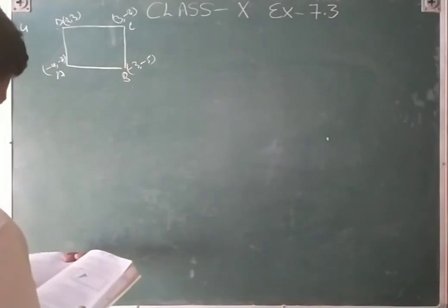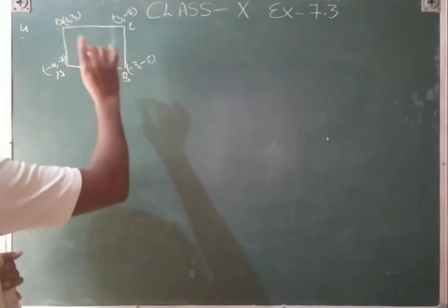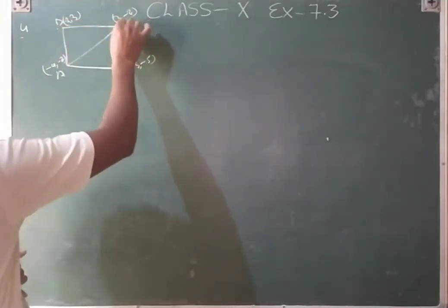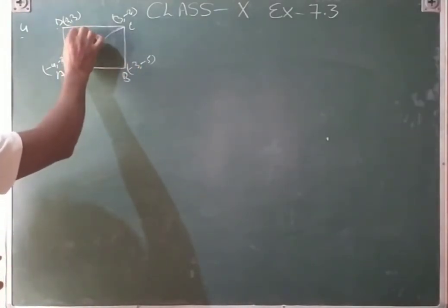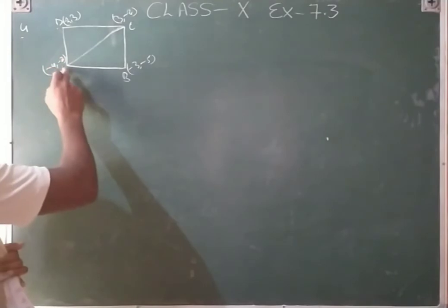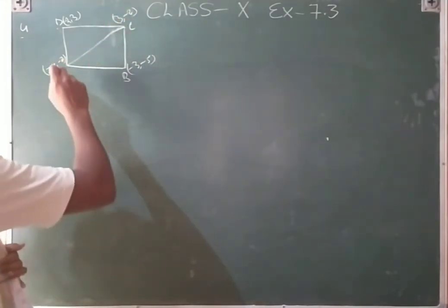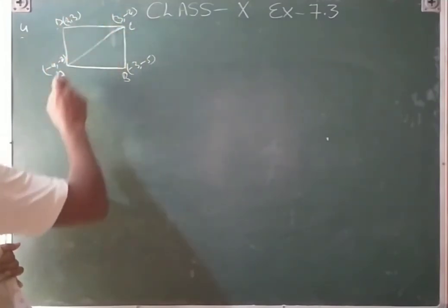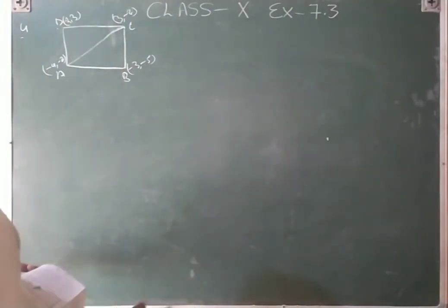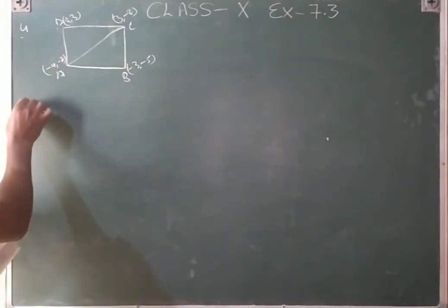These are the vertices. So what we will do here, you can join this diagonal or this diagonal, any one diagonal you can join. We have joined. Now you are looking at 2 triangles here. So first of all you will find the area of ABC. Coordinates are these, and you will write them separately. And then you will find the area ACD. After that, the area of the quadrilateral is equal to both areas added.